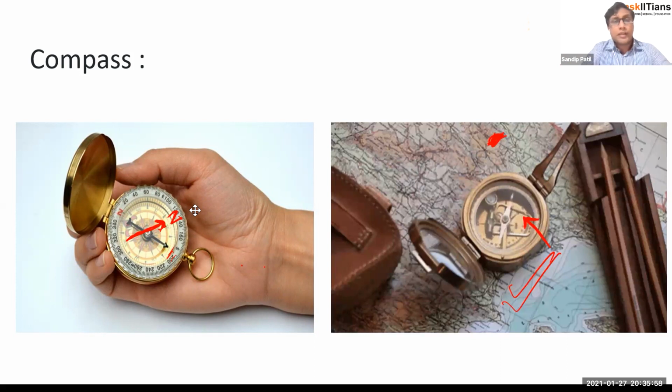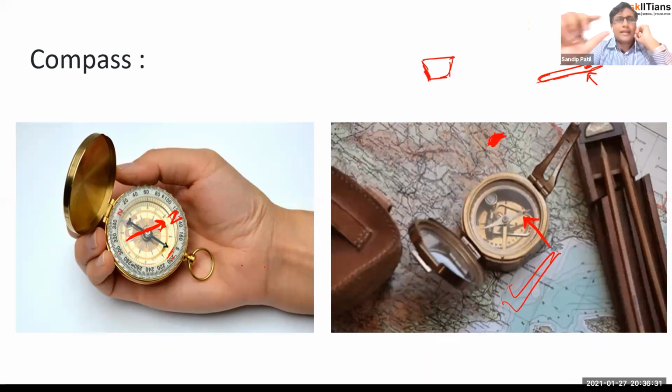Then you can also try one more thing with this compass. If you want to create your own compass, take one small needle. In the next session, we are also going to find out how to convert this small needle into our temporary compass or temporary magnet. If you take this small needle, magnetize it. We will discuss how to magnetize this, right? Then just find some cork, which is a small lid on a bottle, right? Put that needle on the cork such that it is free to rotate,